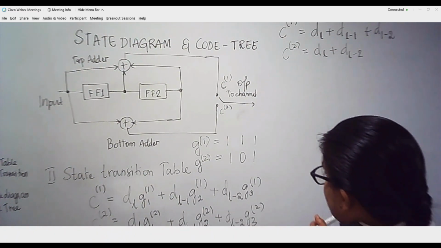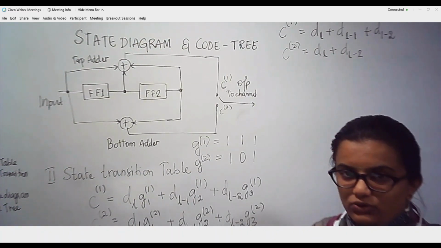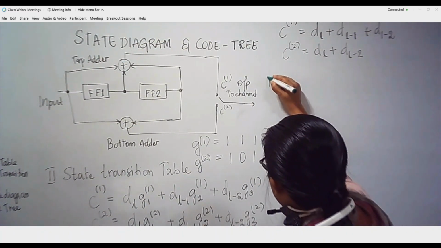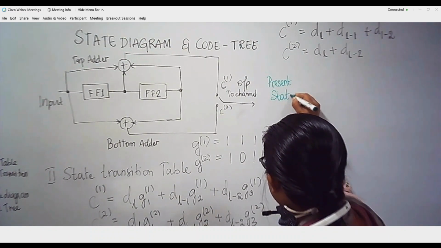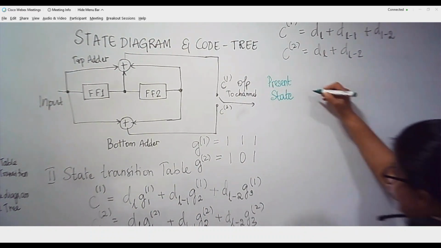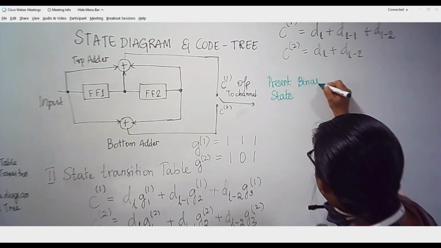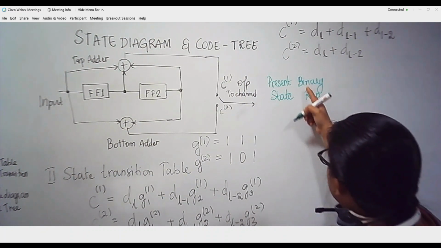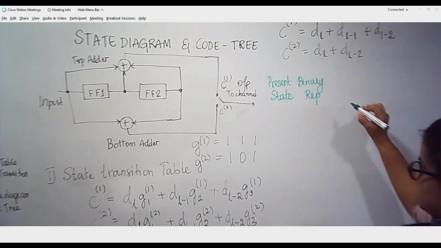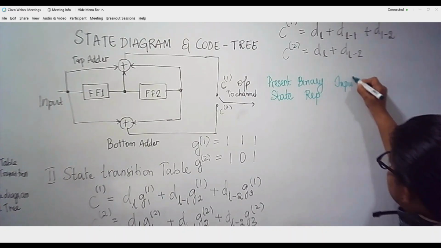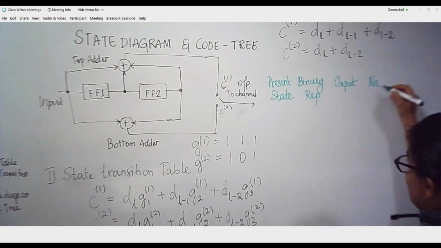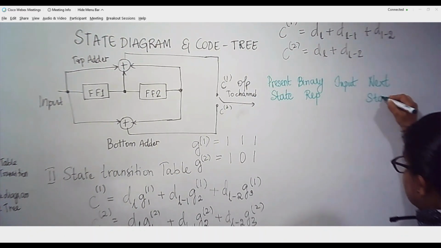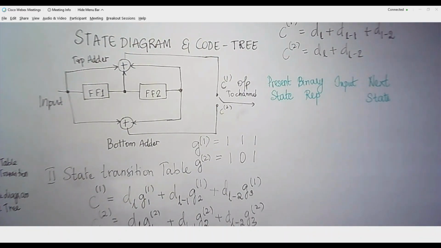So now we are going to write the state transition table. The transition table will involve the present state of the circuit in the first column with its binary representation. I am writing it in short over here. You can write this as binary description or binary representation. The input bit that is possibly given into the flip-flop, I am writing over here. When I give the input, what will be the state of the flip-flop, that I am going to write next, and its binary representation.